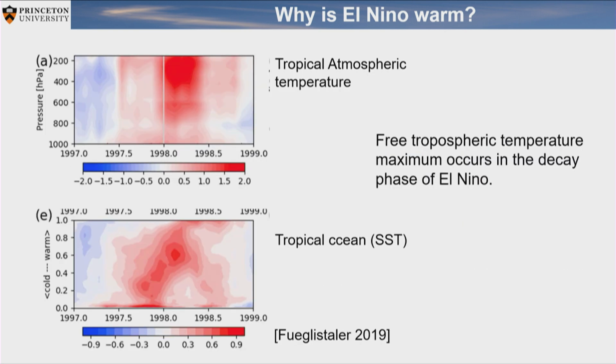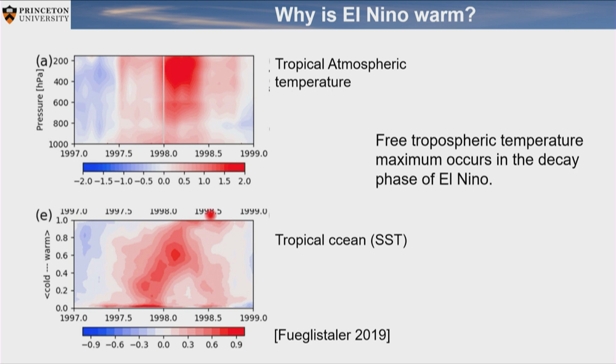And this figure shows that, again, I'm just zooming in on the 97 El Niño. This is a deseasonalized profile of tropical average temperature. And what you see, this is the onset of El Niño. The boundary layer gets warm, and this is largely because the cold regions are warming up. But the free troposphere is not responding very strongly. Instead, it kicks in really in the decay phase of El Niño. Now, people have realized that before, but what has not been really clear to me, at least, is why is it that you see in the mean it's not different here from here? So why is it suddenly kicking in here?